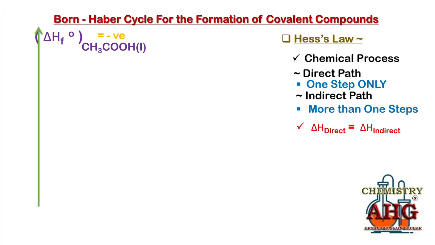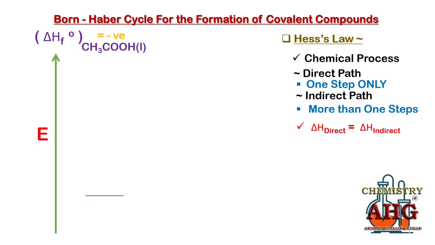First of all, a vertical line directed upward, this is showing energy level is increasing upward. And when we sketch arrows, if energy of a process increases, the arrow will move upward, and if energy decreases during a chemical step, the arrow will go downward. For example, in this case we will draw a horizontal line close to the lower end. This is the position where we will write down reactants of this reaction. What are the reactants? Reactants are those elements from which ethanoic acid will be produced in this case.